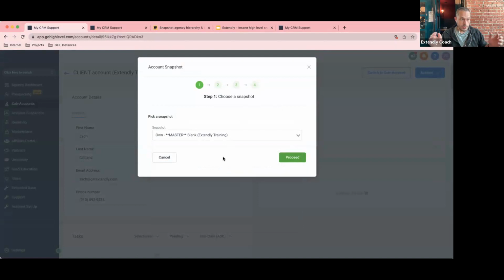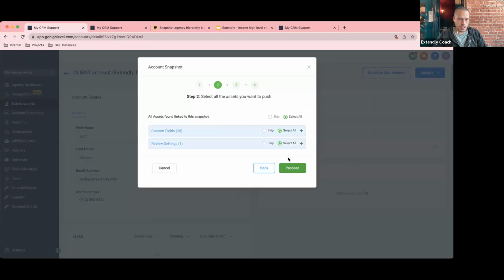Just as a reminder, when you go to load the snapshot, there's nothing actually being loaded in because you created a blank snapshot. We're not at the point yet where we're loading the real snapshot. All we're doing right now is linking the client account to the master account that we created. I'll show you that in a second. So if I hit proceed,